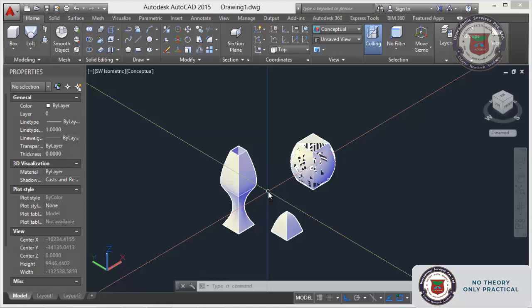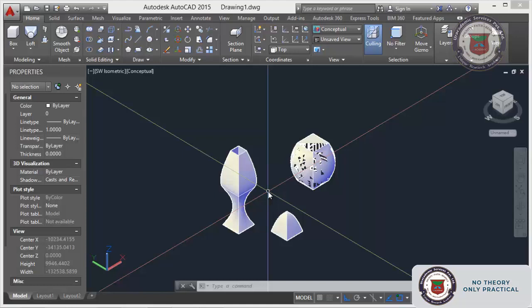Normally we make the 2D object, and from that we can get the cross section, and there are a lot of cross sections. Those cross sections we can connect with the loft command. That is the basic idea. For join multiple, you can get one cross section from an existing 3D object and another one you already have.